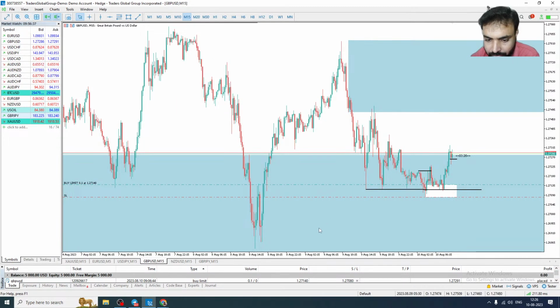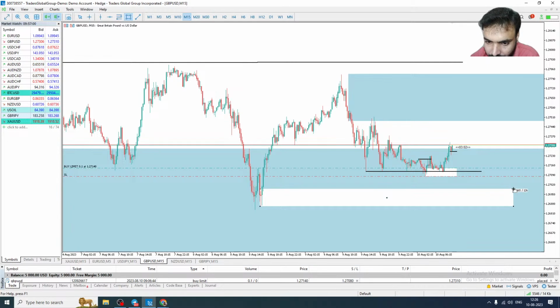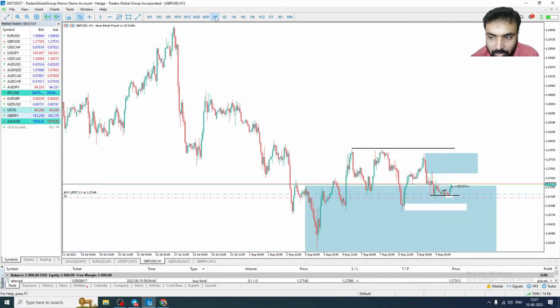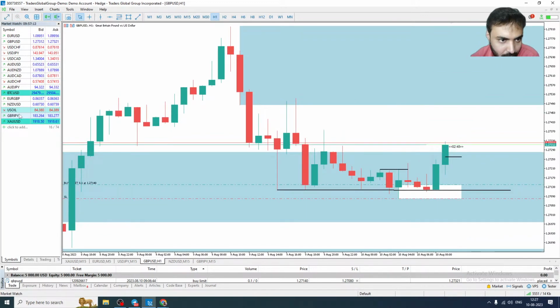So here you can see this is also kind of a beautiful thing. You can see price fell down, came back, fell down, broke the structure in 15 minutes and broke this structure also. Okay, so this level is still an important level. So the market may try to go down below and react from this level also. But for that, first you need to cross this level. So let's see. Let's look for some other pairs, maybe Canadian dollar.